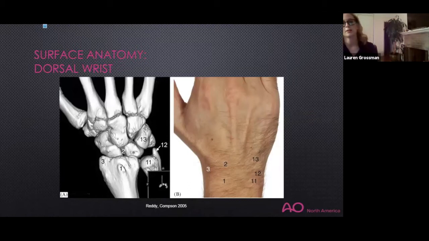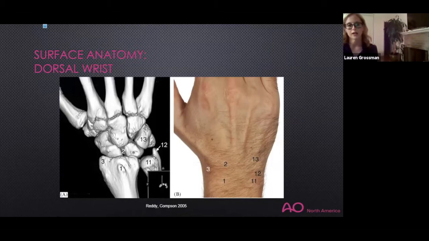Then we move proximally to the dorsal surface of the wrist. On the left-hand side, you see a schematic of a 3D CT, and on the right side, the correlation of just looking at the surface anatomy of the hands. Number one is Lister's tubercle, and it's palpable on your wrist, and you can try doing that now. As you walk your finger slightly distally, you'll feel the finger just drop down into a soft spot, which is your scapholunate interval. Radially is your radial styloid, and as you go ulnarly, you can feel your ulnar head, your